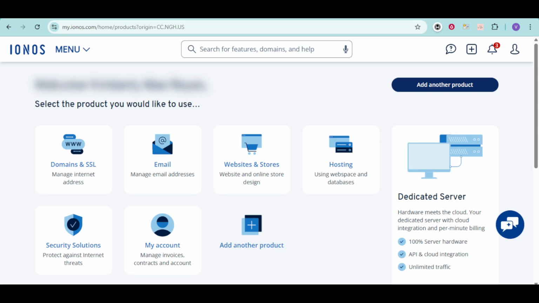In this video, I'll guide you through how to remove a domain from Ionos by turning off its automatic renewal. This is useful if you don't want to keep paying for a domain, or if you simply don't need it anymore and want it to expire on its own. We're going to walk through the process step by step so you know exactly what to click and what